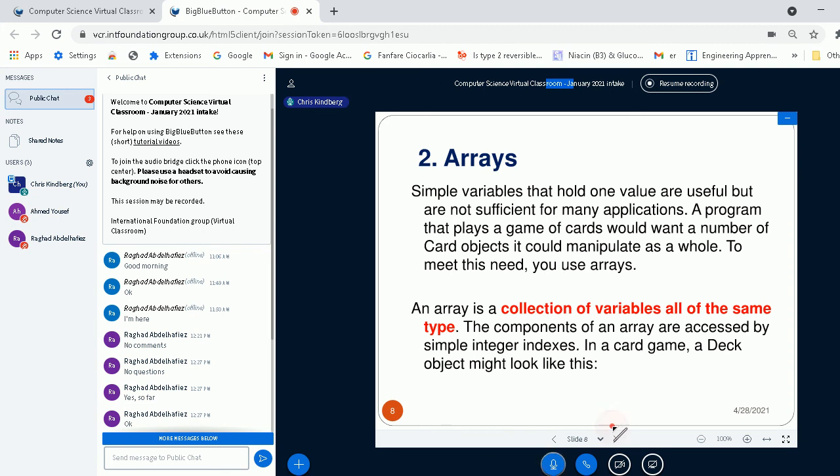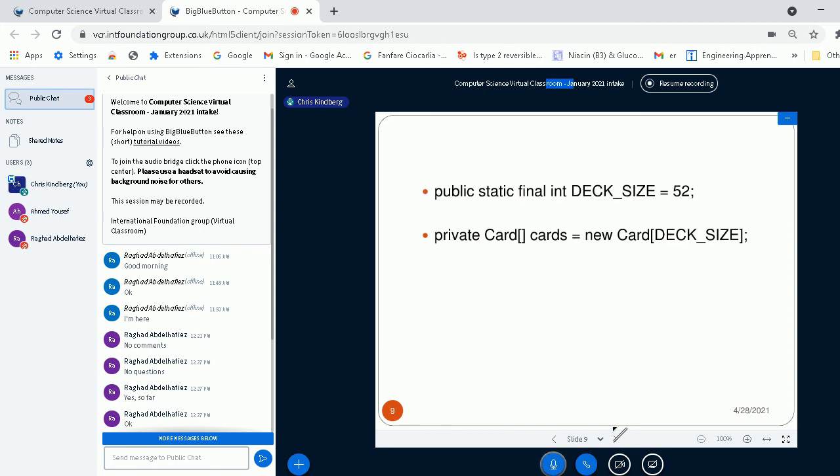might look like this. So what I'm doing here is first of all setting out what in fact is a constant integer, and it's going to be final. In other words, I won't be able to change it, and it's going to be static.